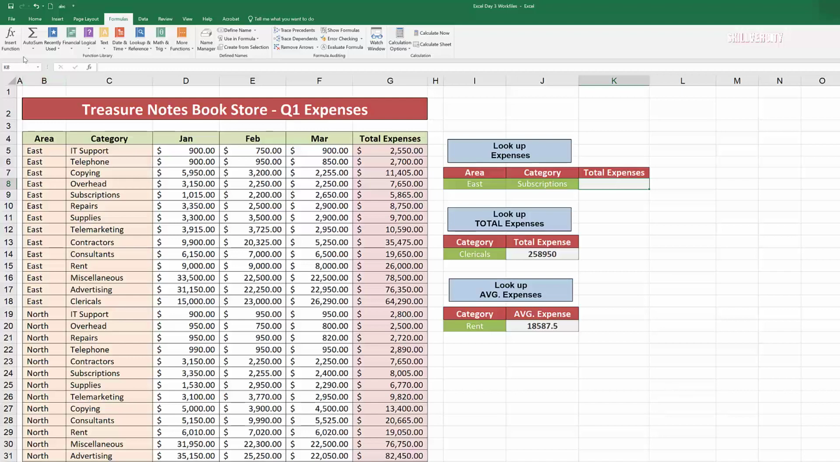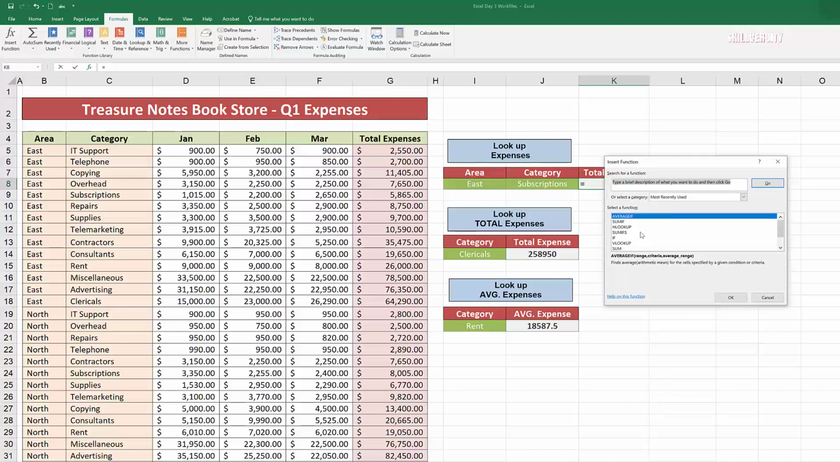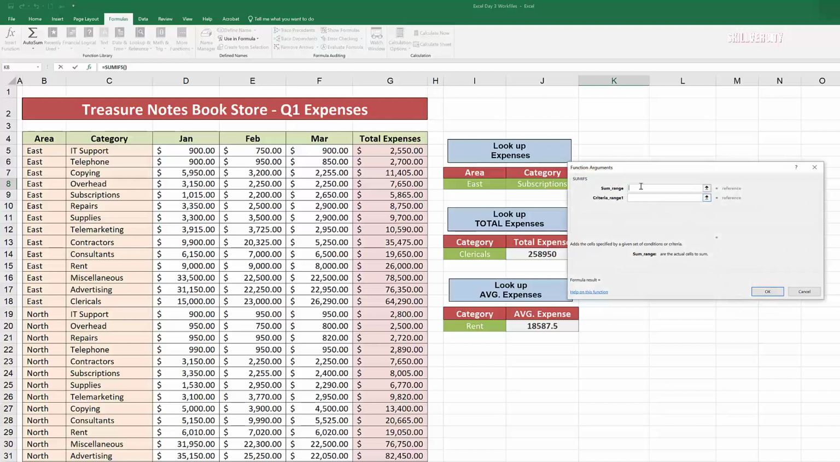Okay, to do that, we'll go to the insert function and find SUMIFS. If it's not shown here, we just type in SUMIFS. Okay, and it's right here at the top, and then we'll click OK. Okay, so the SUMIFS starts with the sum range. So what is the sum range? The sum range is the total expenses. So if we go to the use a formula, we click on total expenses, and then we have that. Just to make sure that this is correct,